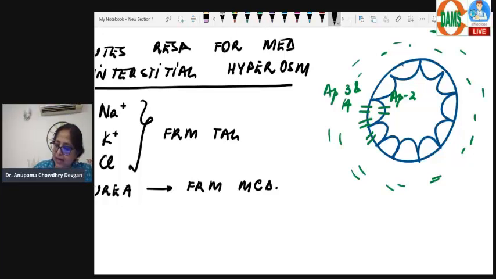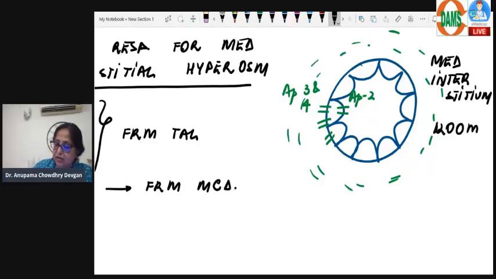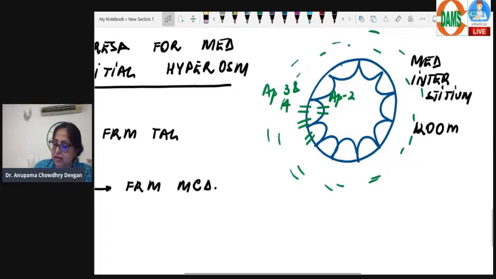If this medullary interstitial fluid is concentrated, let's say 1200 milliosmoles concentrated,